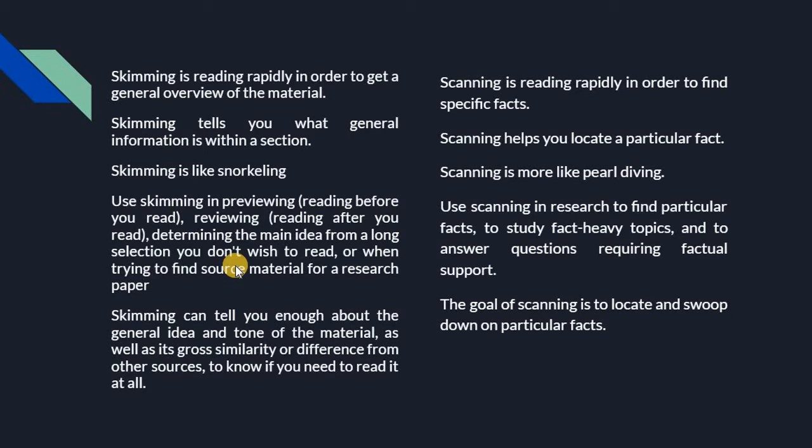Now skimming can also be done to find source material for a research paper. Sometimes you may just go through the index or the final works cited page of a research paper. When you go through the works cited page, you will be able to identify some of the major researches which were conducted in this particular area. It might give you references like the Economic and Political Weekly of India and the like. So from that itself, you know that this is a sociological research, and many sociological research were conducted in that area. So this is how you do that.